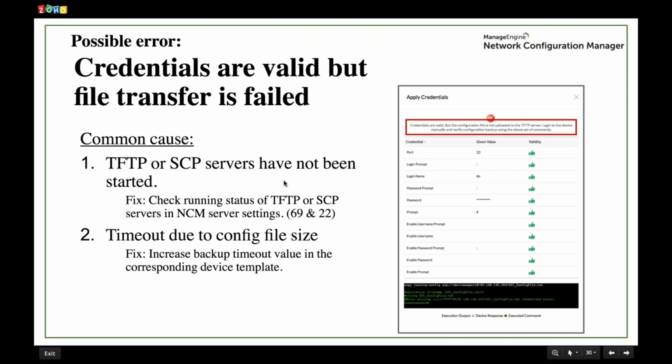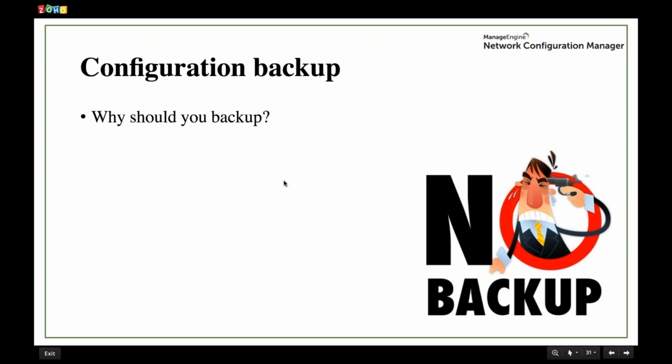Now that we've seen the credentials and the possible errors in each of them, the next thing that we can do is configuration backup. So why do you really need configuration backups in a network? In a vast network where there are several changes happening, there is always a possibility of an error happening and a network issue that arises due to the error. When such a scenario happens, it helps if you have the backup of all these configuration files. If you have the latest backup of the configuration, you can restart your network in no time.